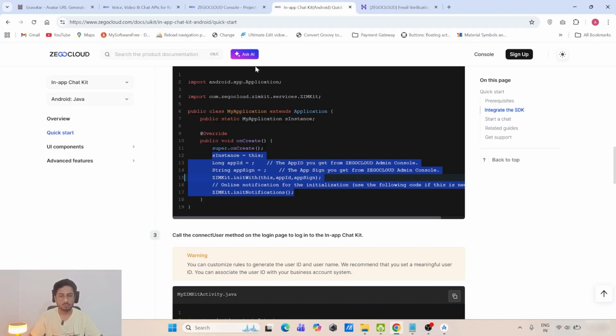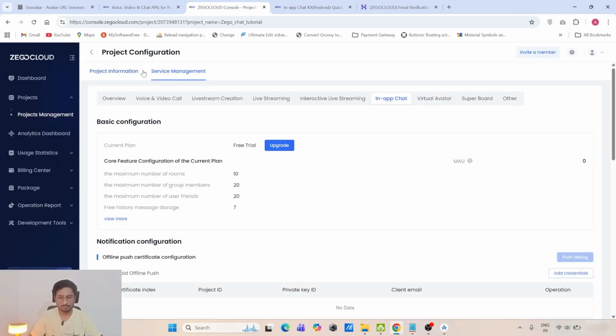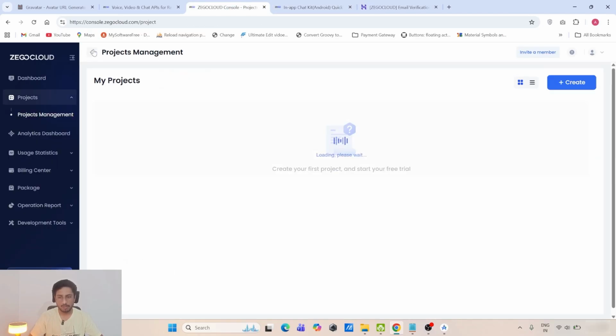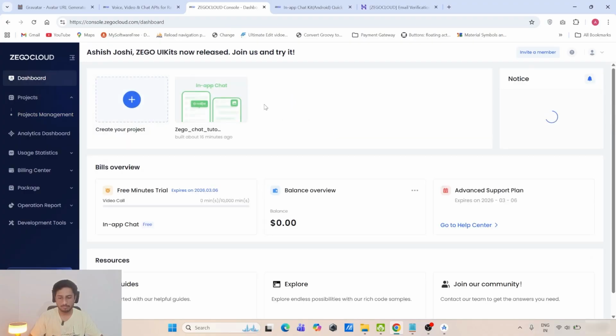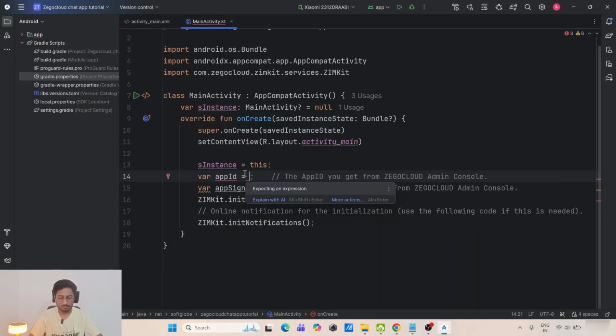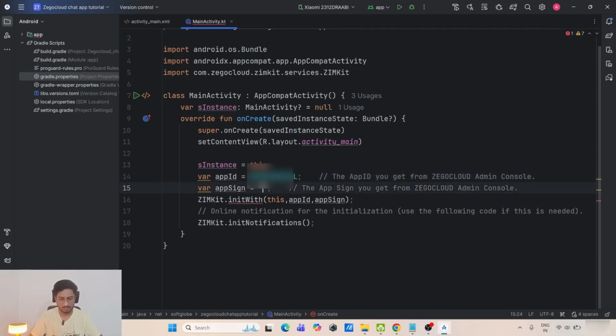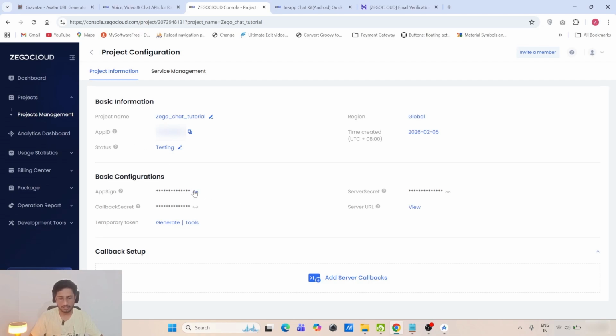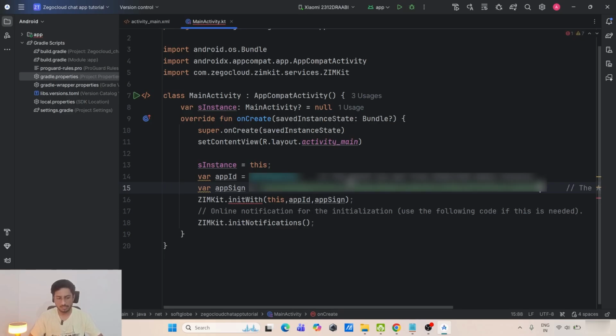So let me just go to the portal, and if I just click on back, again back, sorry, we need to go inside the project information, and here we can copy the app ID. Let me paste it here. For the app sign, you can just reveal it and click on copy, so it will be copied, and just paste it here. Okay, after you are done with it,